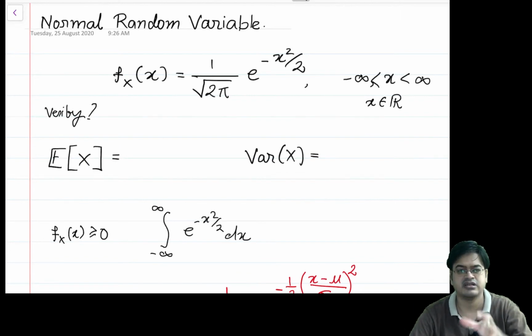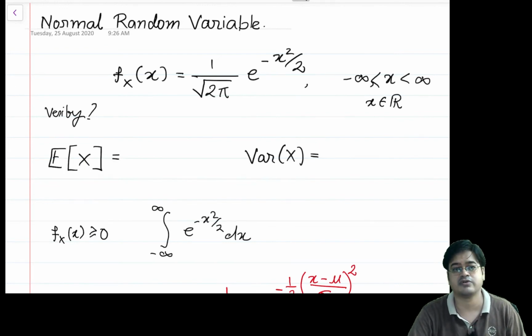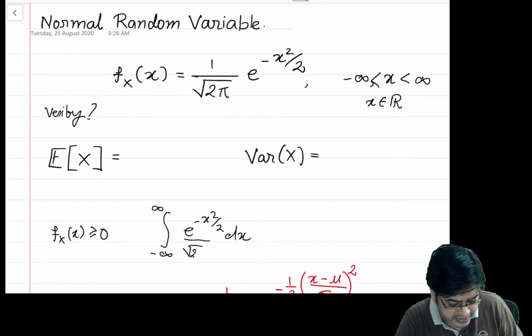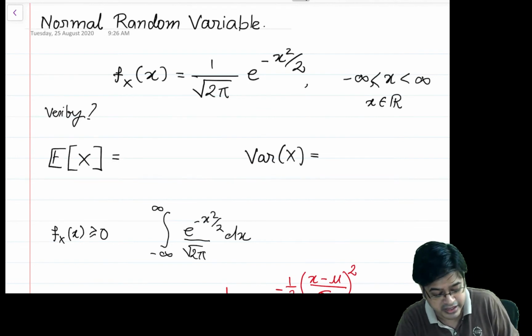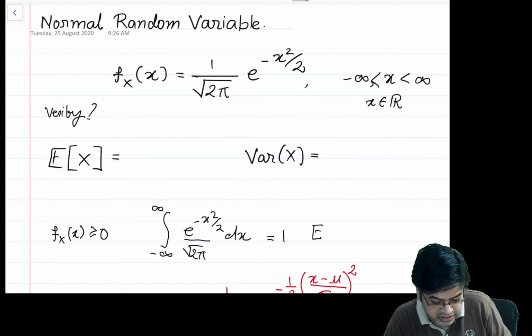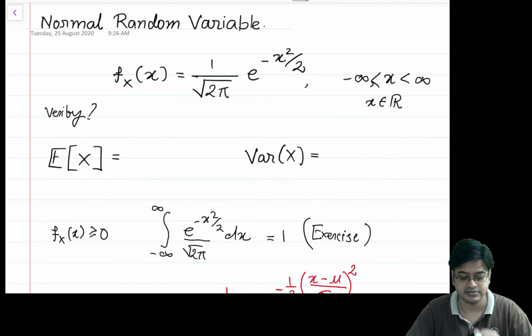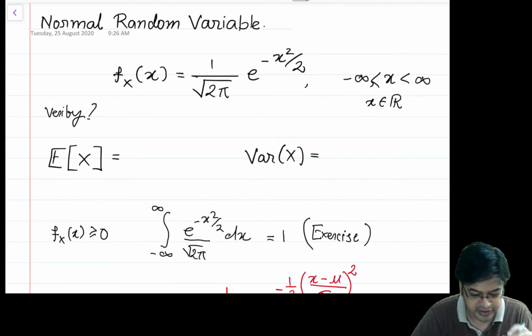Okay, so with the era of computer science or data science, it is very easy to check this integral. Use some software like MATLAB or Mathematica or any other software which evaluates integrals. You will get a factor of root 2 pi if you integrate this. So I am dividing by a factor of root 2 pi and therefore this will be equal to 1. So this is an exercise for you. You check in any of the software, or if you know good calculus, you can actually solve this problem using techniques in calculus. Okay, so now this particular thing verifies that f_X(x) is a valid density.